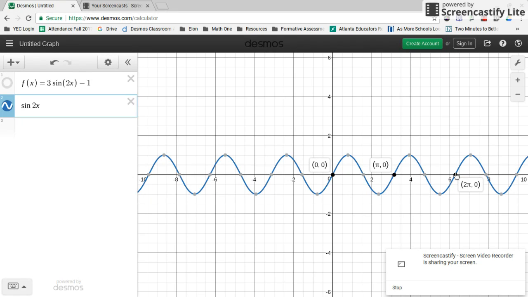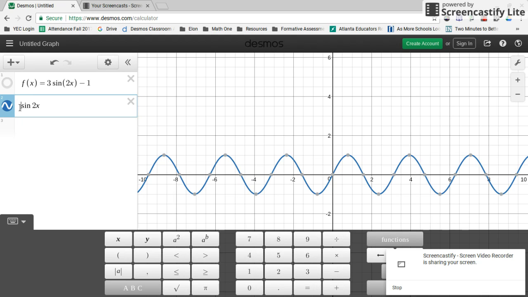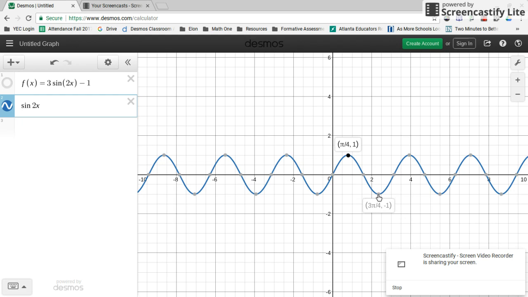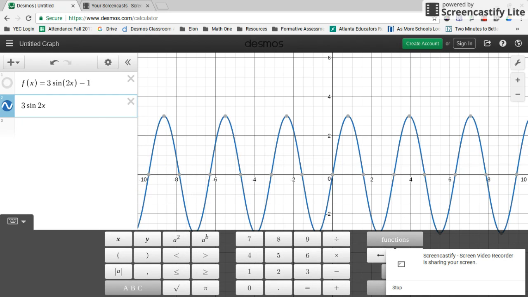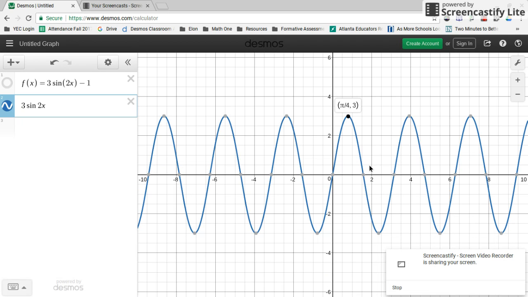Now we just got to worry about our amplitude and our midline. All right? So I'm going to change the amplitude next. Notice how it will not change any of my zeros. It will not change where my cycles end. So I'm going to change that 3. And now, instead of having an amplitude of 1, see how my peaks are at 1 and at -1? My peaks will now be at 3 and -3. All right? Still, my first cycle ends at pi. My second cycle ends at 2 pi.